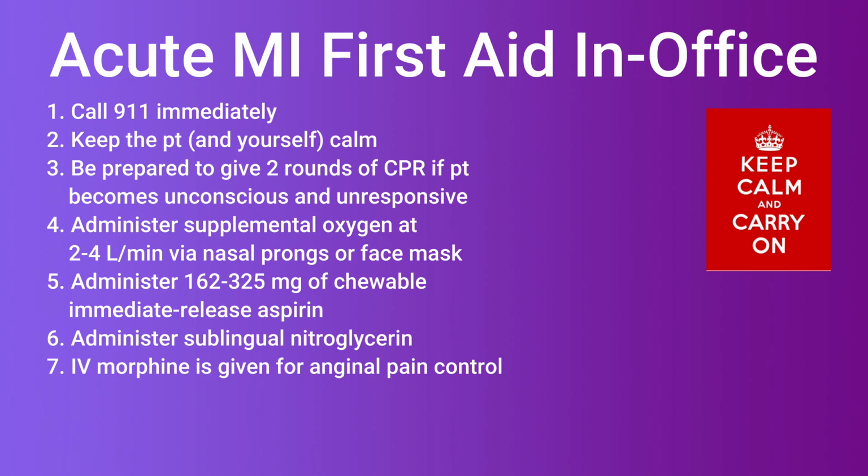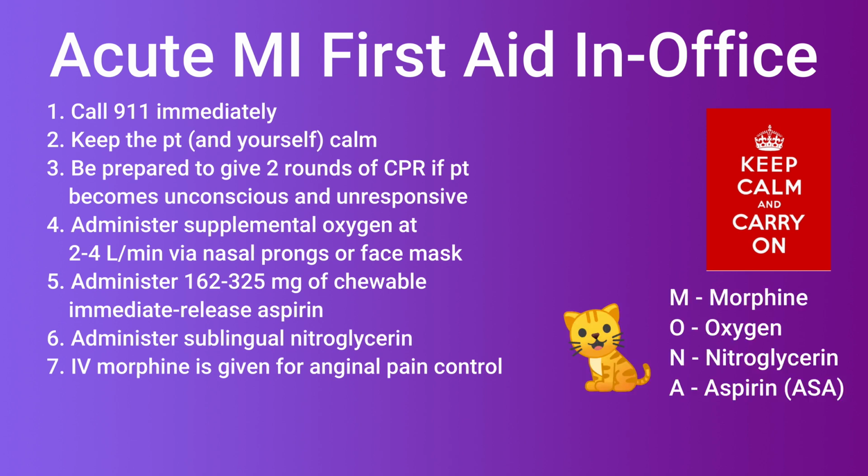On a side note for you docs with your own private practices, if this patient is in your private practice and you think he's had an acute MI or is having one, then you should call 911 without delay and do some early intervention to limit the damage. I like to remember this mnemonic MONA: morphine, oxygen, nitroglycerin, and aspirin, although you wouldn't give it in this particular